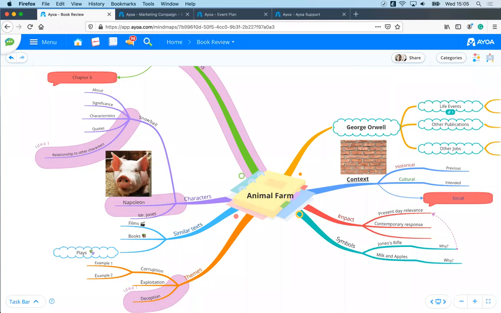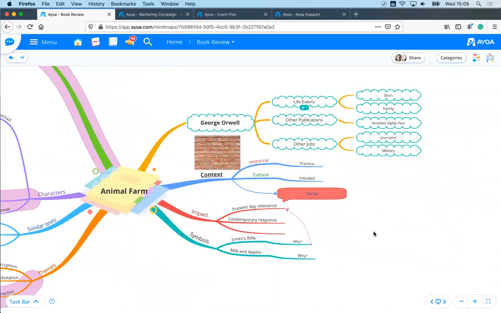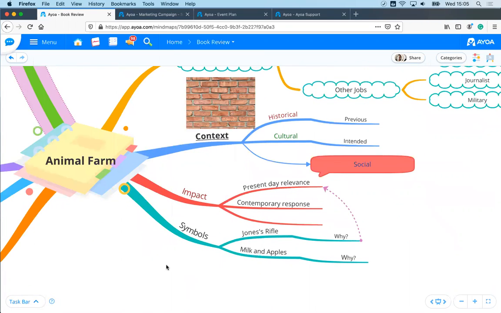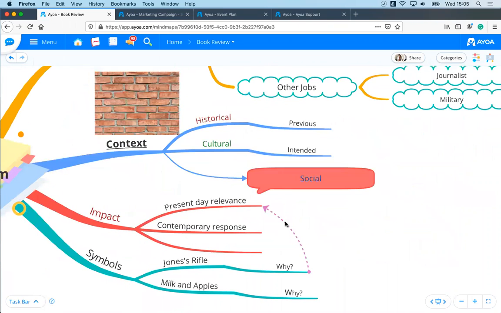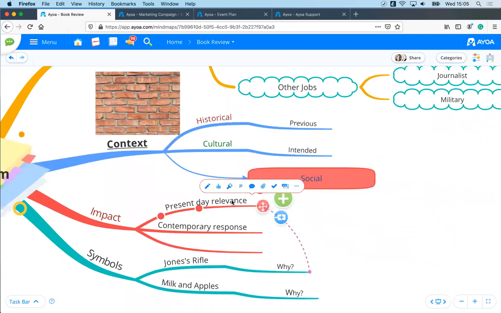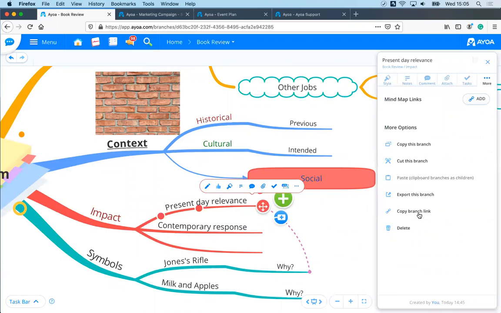Okay, can I convert a branch into a new map? I think you're referring to the idea of child maps, where you start a new mind map from a branch in an existing mind map. We don't have that feature within Ayoa, but what you could do instead, for example, here where we've got present day relevance, is copy this branch link,